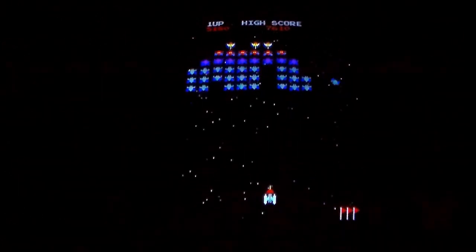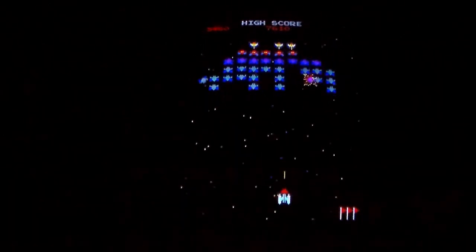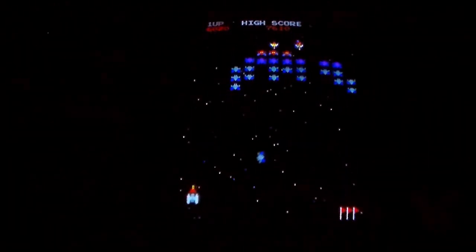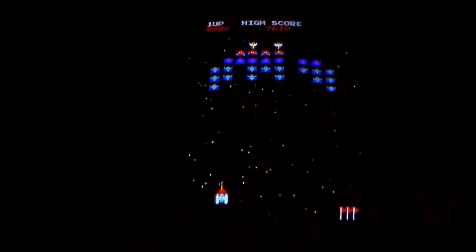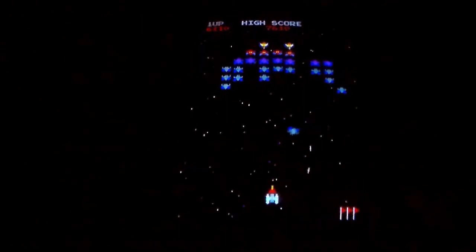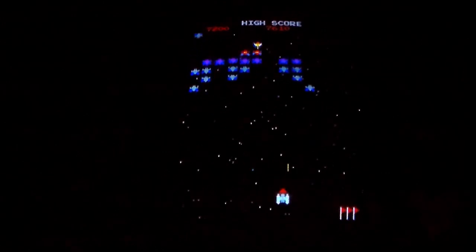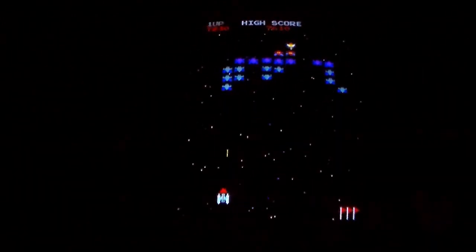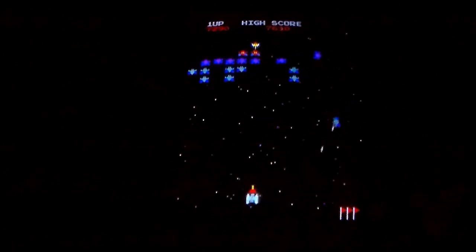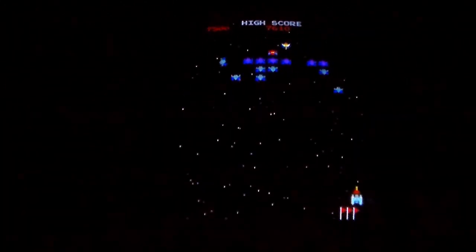All right, I might be able to beat my previous score. What do you think? I see room for improvement, if I can get out of this corner. Close. It's kind of hard to hit them in formation too, because, see how I keep missing? It's a little easier to hit them when they're coming at you, but they're attacking too, you know. So